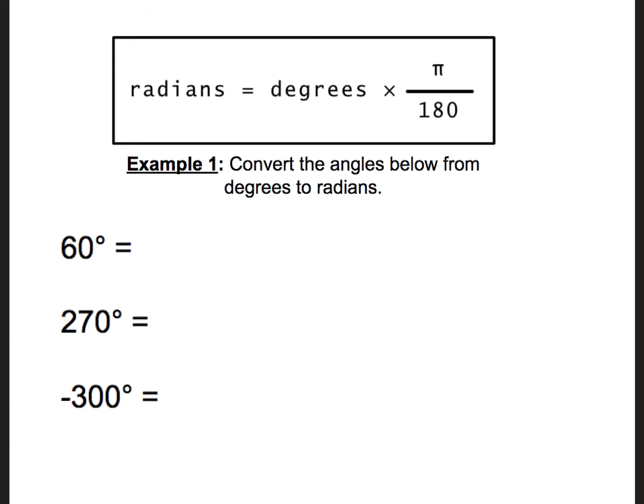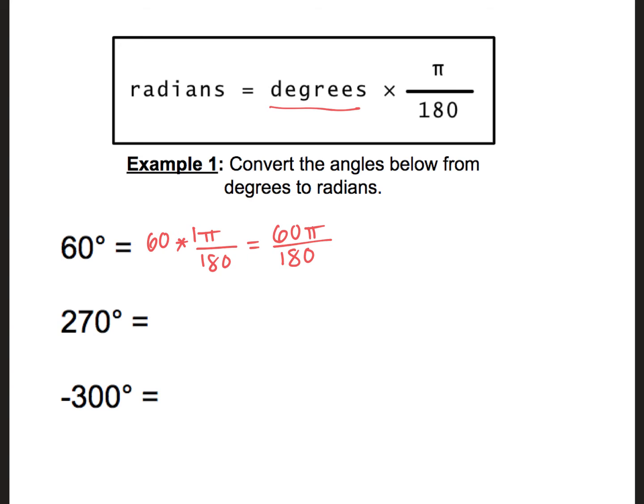All right, our first example, it says convert the angles below from degrees to radians. That first formula is your degrees to radians formula, so we're just going to follow that. To do that, we're going to take our degrees and multiply it by pi over 180. So I am going to do 60 times pi over 180. When I do this, I like to multiply straight across. There's like a sneaky little 1 in front of your pi, so really I have 60 pi divided by 180,